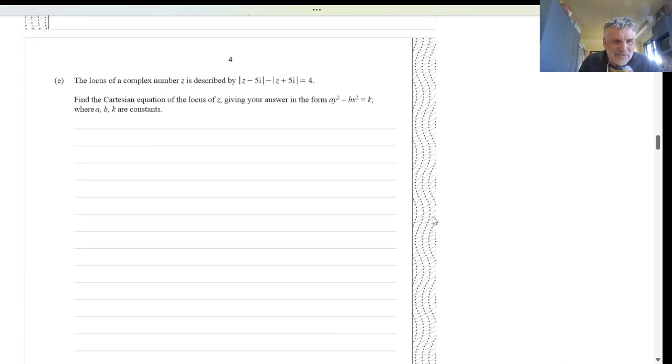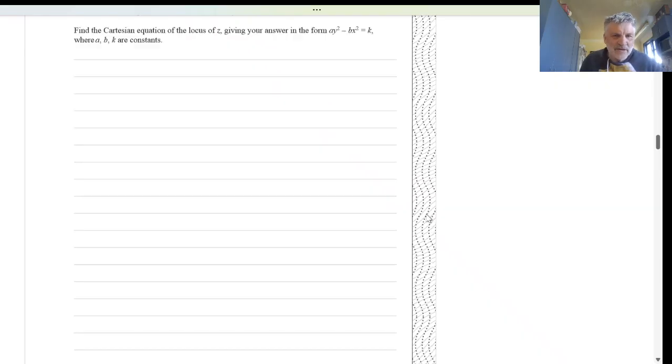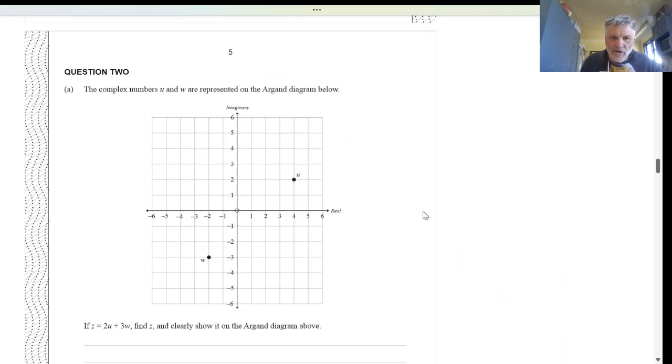So question 2, the locus, no, that's question 1. The complex numbers, part A, the complex numbers U and W are represented on the Argand diagram below. If Z equals 2U plus 3W, find Z and clearly show it on the Argand diagram. So we can start by